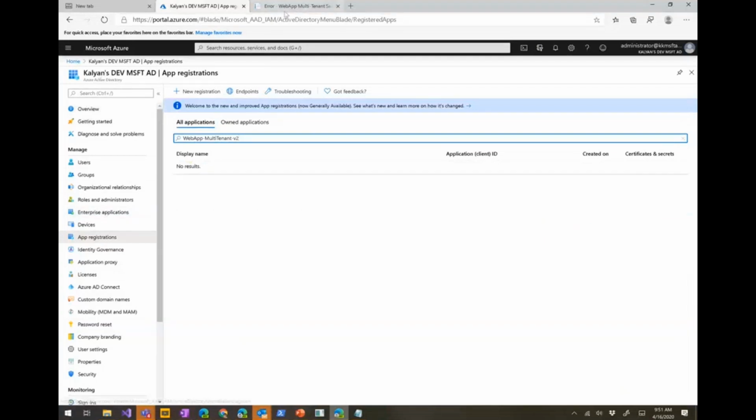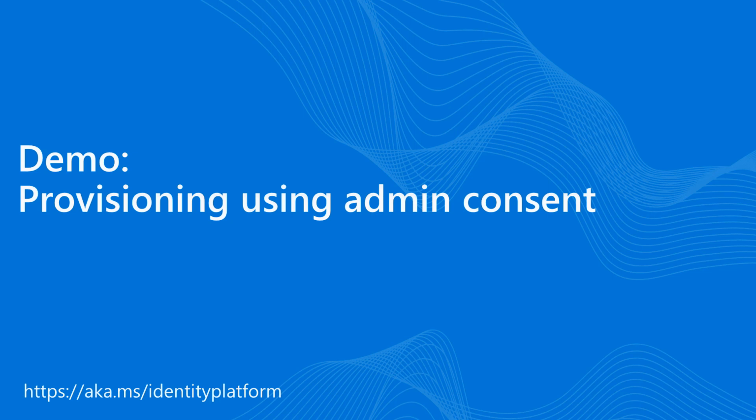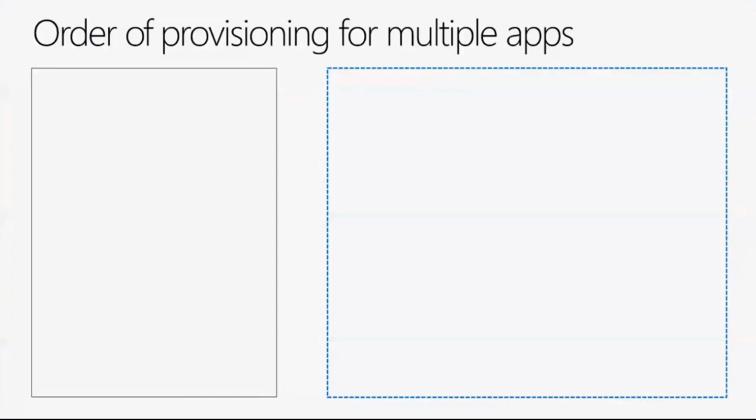It only exists as a service principal in this tenant, and now the developers can sign in. So this is how provisioning using the admin consent endpoint works. Again, depending upon your scenario, you should be using one of these. We would prefer if you use the PowerShell or the admin consent endpoint. Before I take questions, there are a couple of more caveats I want to cover here.